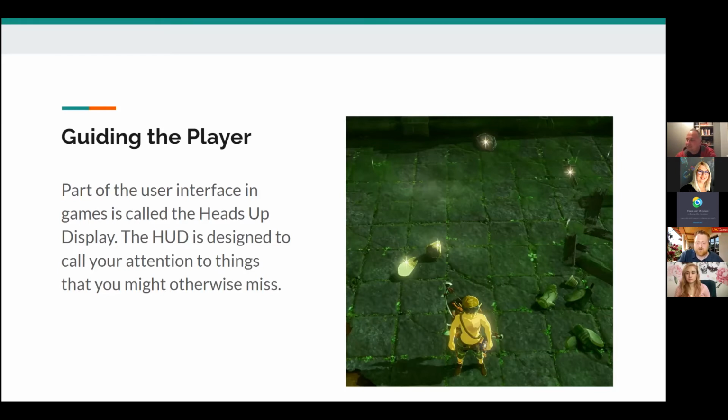This is a screenshot from Breath of the Wild, the most recent Zelda game, where one of the important elements of the game is finding and collecting useful things that are throughout the world that are either dropped by enemies or growing or just placed around. And the game adds this little sparkle effect that you can see here. And it's not just a static image, but a little animation. And sometimes it's accompanied by an audio cue, by a little shimmering sound